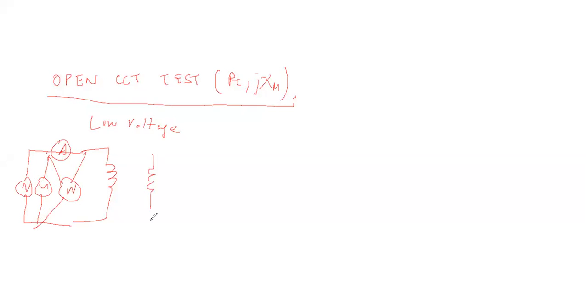And on the high voltage side, we just keep it as open. We do not attach anything, so we keep it open. So we take the measurements from this voltmeter, ammeter and the wattmeter, and we use it to find RC and JXM. And in the short circuit test,